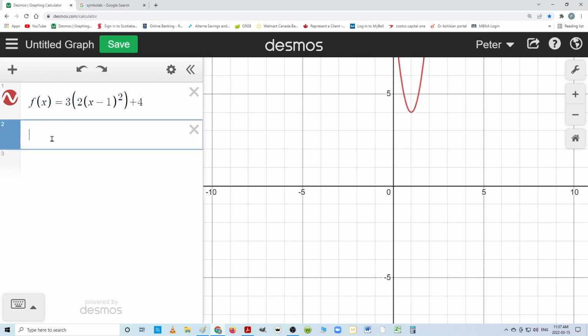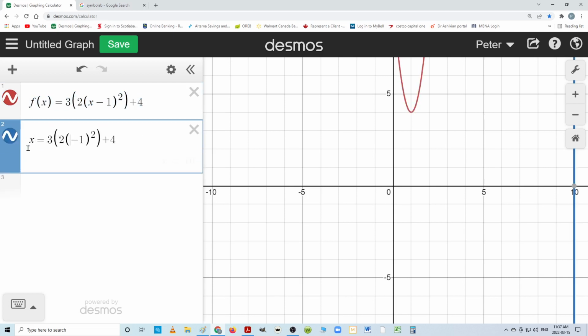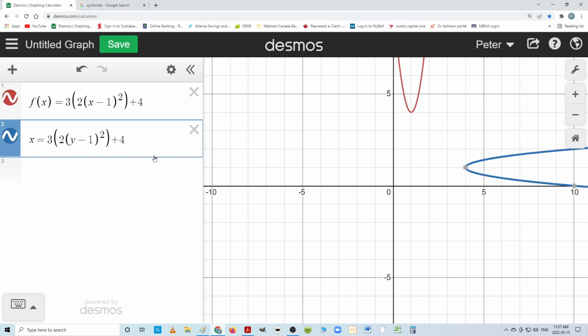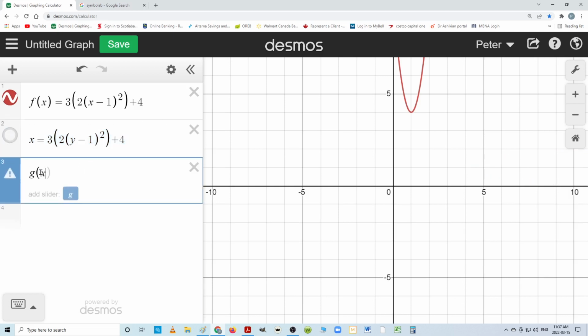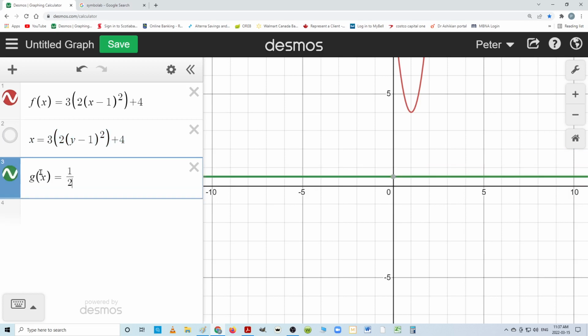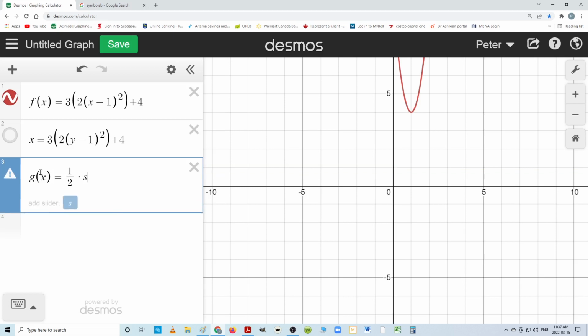You can take the same equation, make it g of x, or make it y and x, and then when you see y, just put x, and when you see x, just put y, and it'll instantly draw it for you, which makes sense. We're swapping x and y's. But also, if you were going to do the inverse formula that we did, g of x is equal to, let's see, it was a half times, and I can't do the plus minus on this one, square root